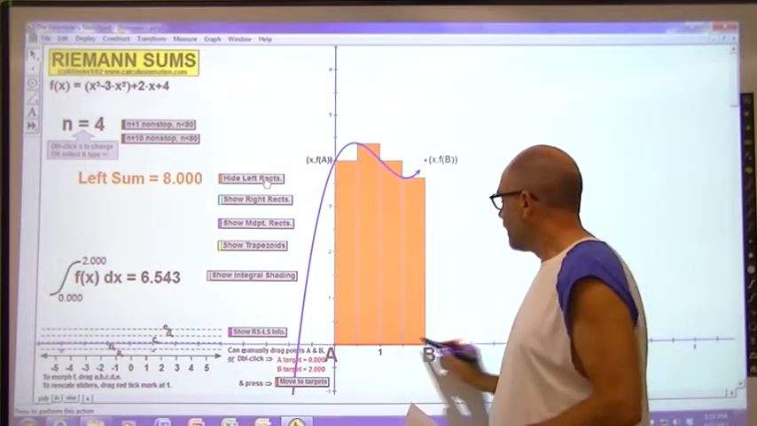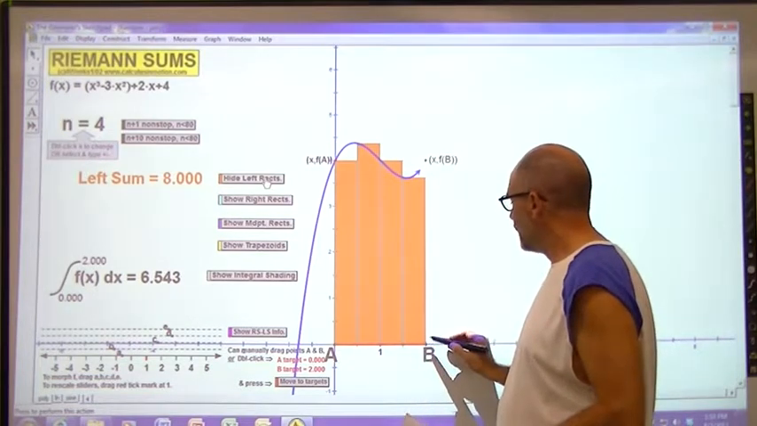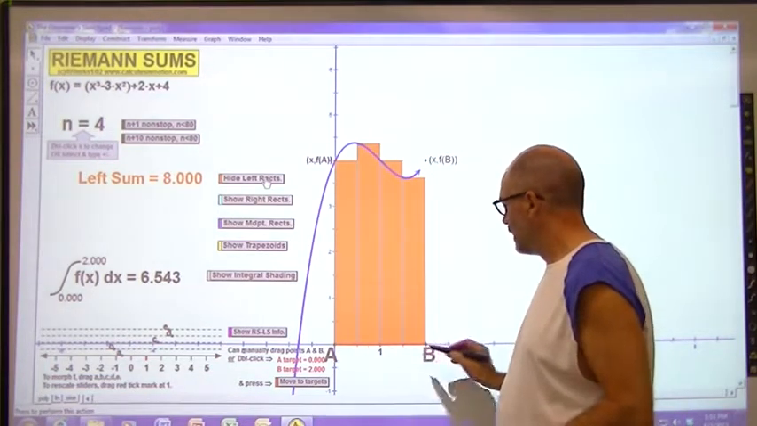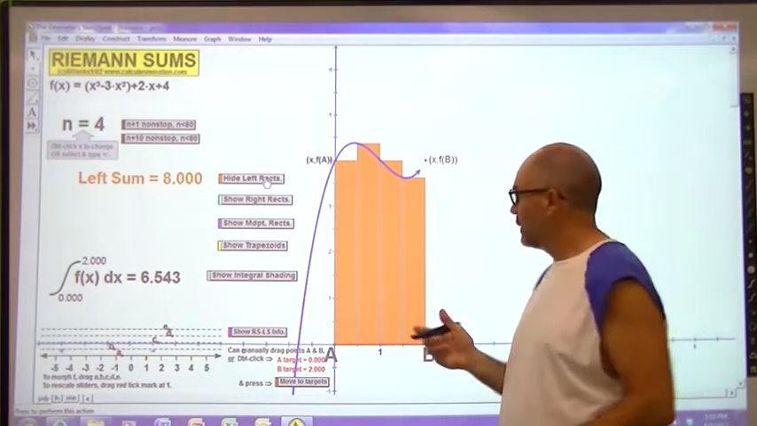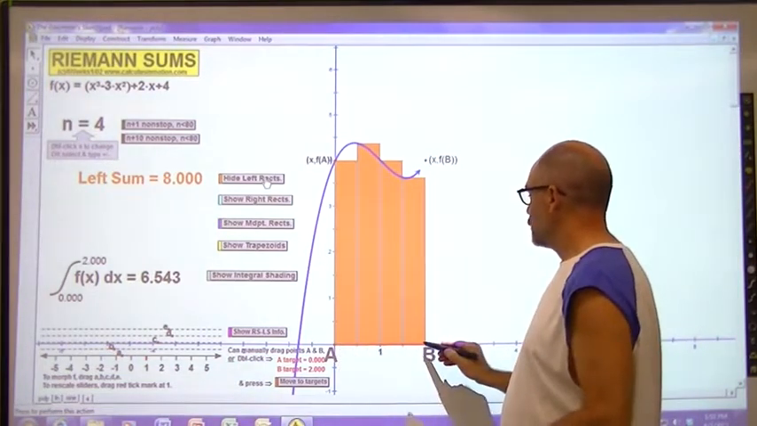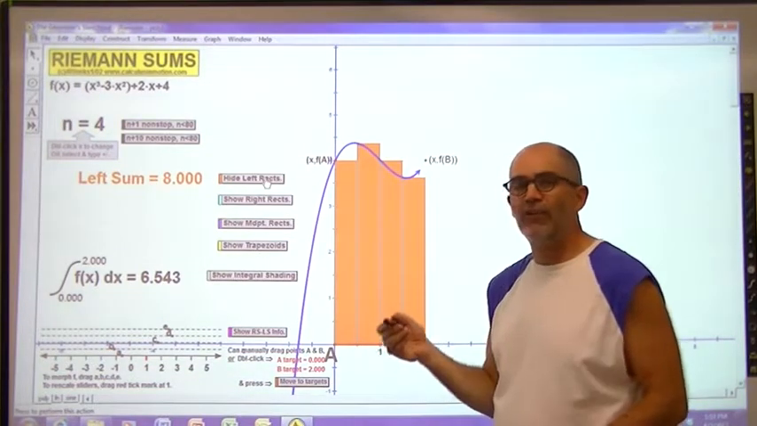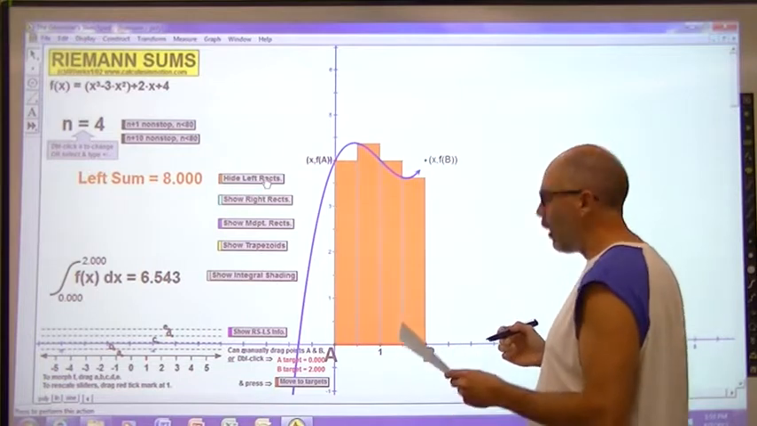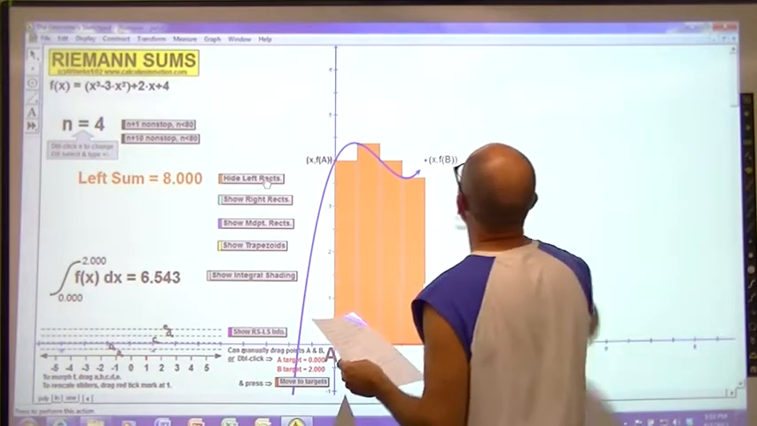And the width is going to be b minus a over n, which is 2 minus 0 is 2. Divide by the number of rectangles, 4. So we're spanning 2, and we have 4 rectangles, so 2/4 is 1/2 width. So our left-handed rectangles are going to be,